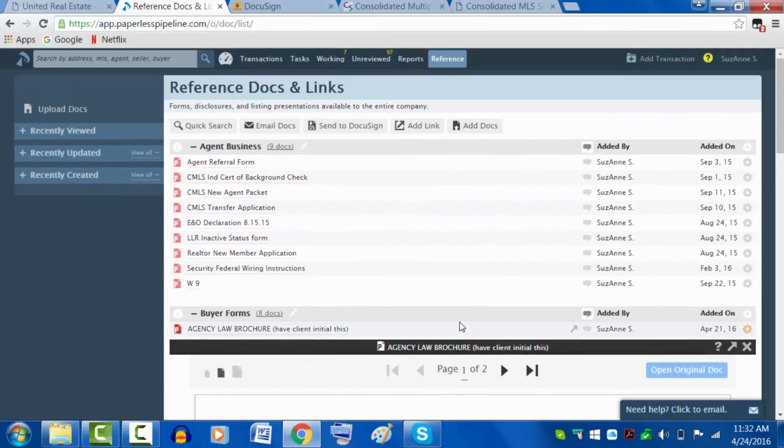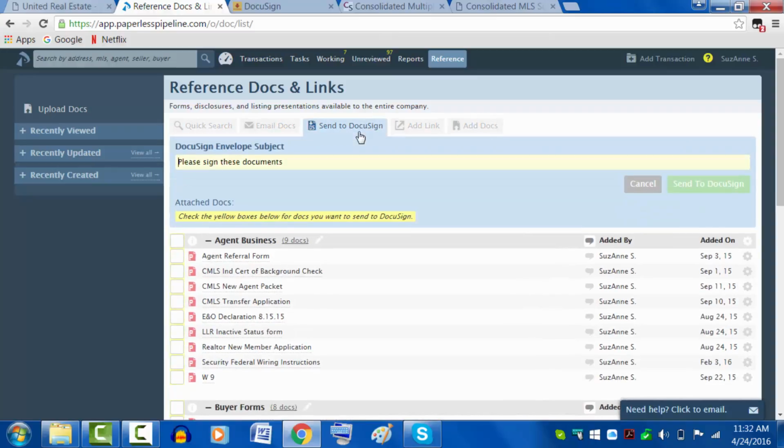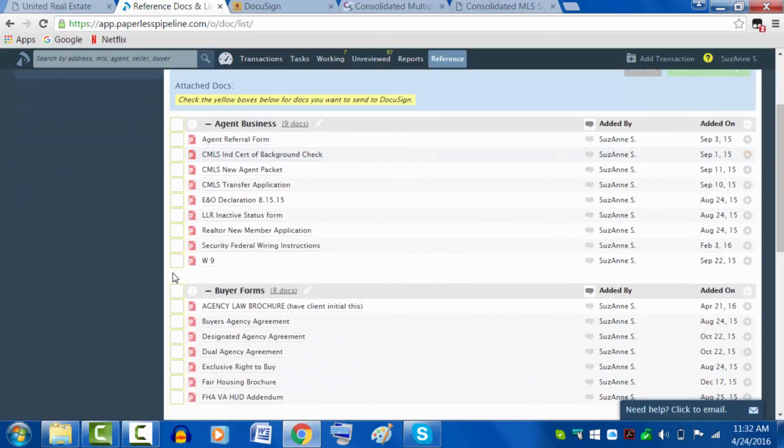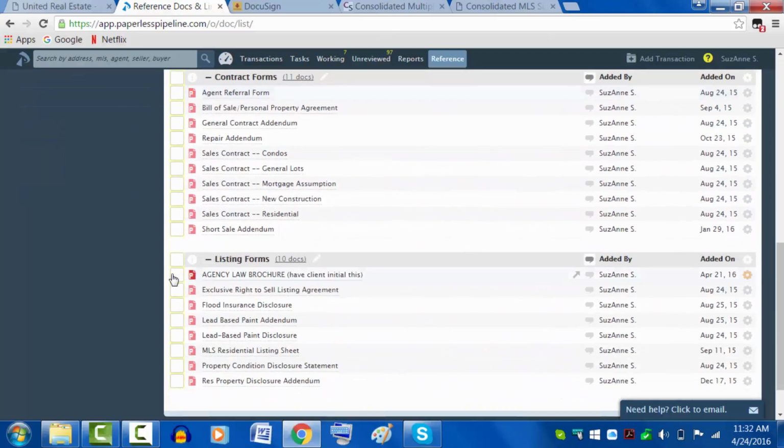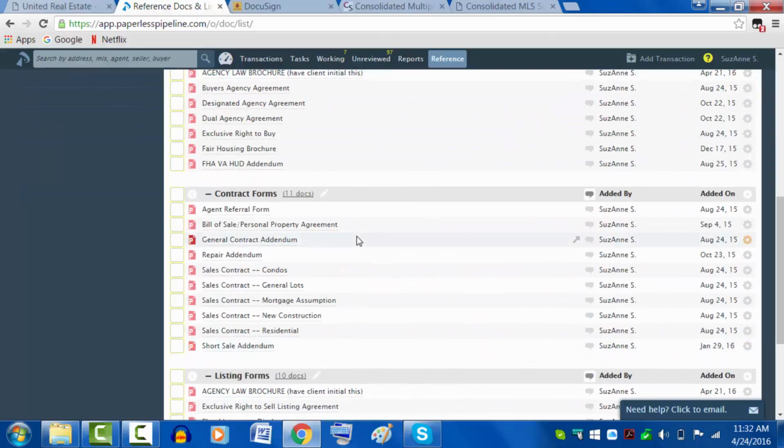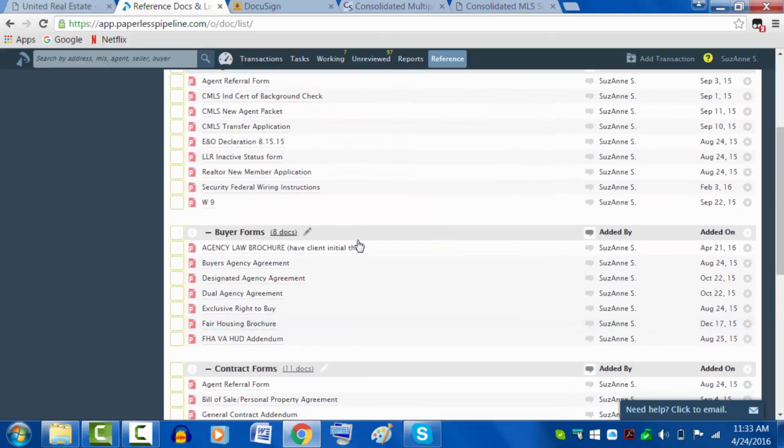However, should you want to send something to Docusign to begin the process of some electronic signatures, you see at the top here, you can email something, you can send it to Docusign. Let's do that. So we're going to send something to Docusign. As soon as you click that, you have a lot of boxes over here on the left. Decide what you want to send. What is it that you need to do? So